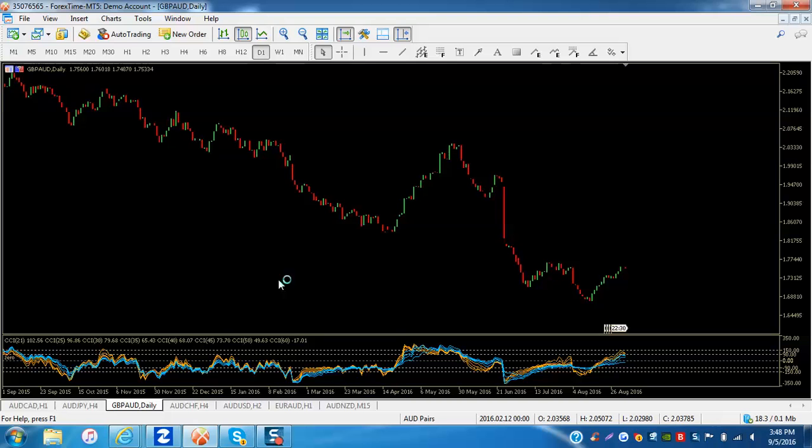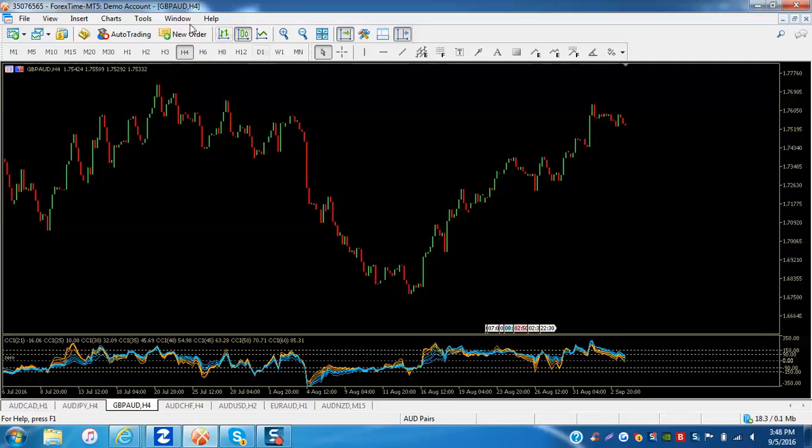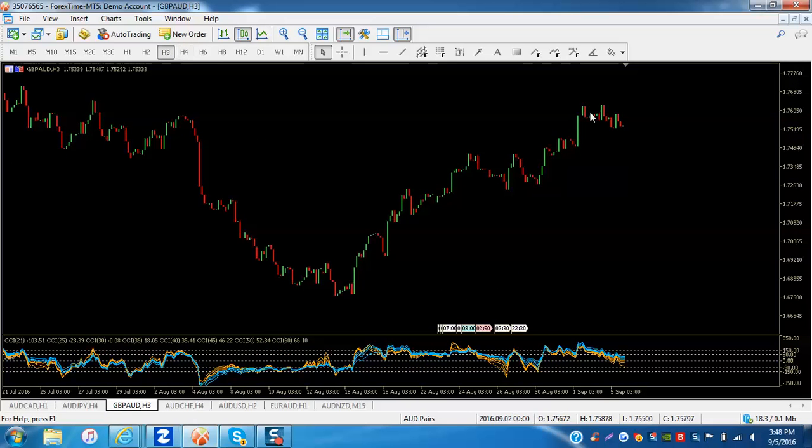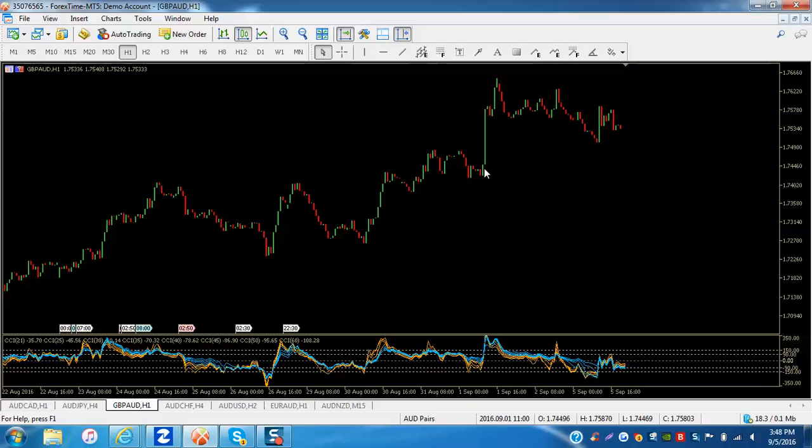Okay, so anyways, just looking really briefly at the charts here. This is the pound Aussie, and let's go down a little bit here. You can see around the 4 or 3 hour, we have this uptrend here, which looks like it's definitely in a correction. Go down to the 1 hour. We had this move up last week, and now we're correcting down. This clearly is a correction to me. Now this may have been the end of it right here. This may have been the end of the correction, and now we're in an ABC right here going down.